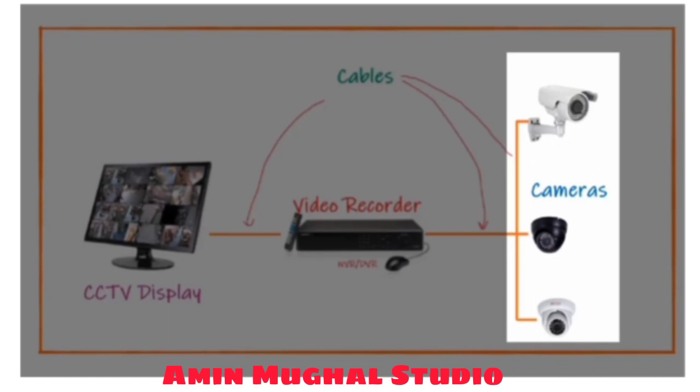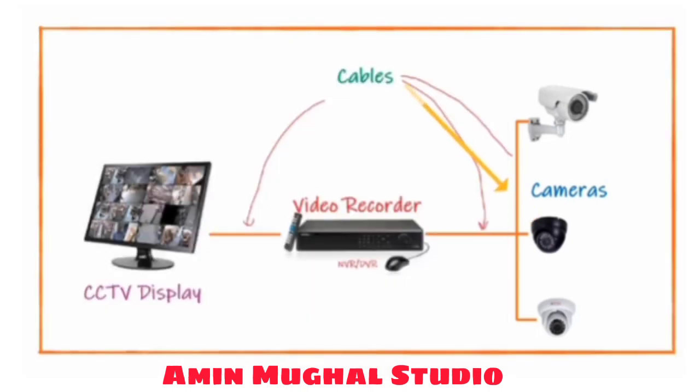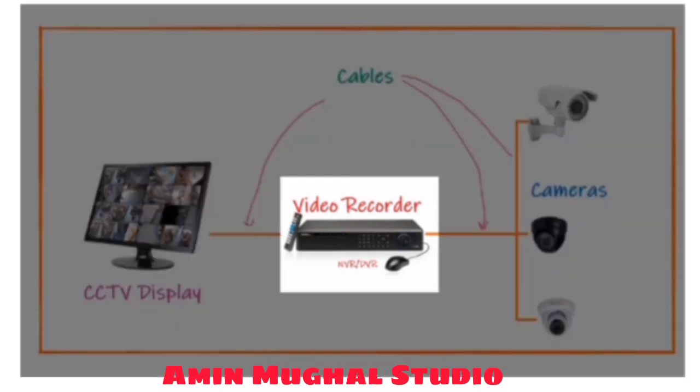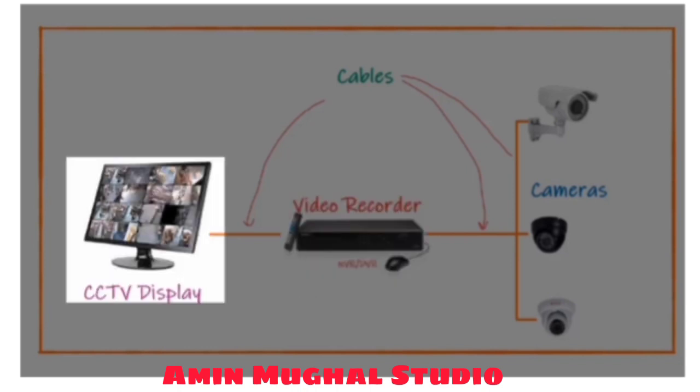These are the cameras. Different types of cameras are used to take images or videos of a specified area. Then this is the transmission cable, which transmits the data from cameras to the video recorders. Then we have video recorders. It is used to process the data received from cameras and store the data for future reference. And finally we have the display unit. At this stage, you are able to monitor the area for which you have installed the complete system.